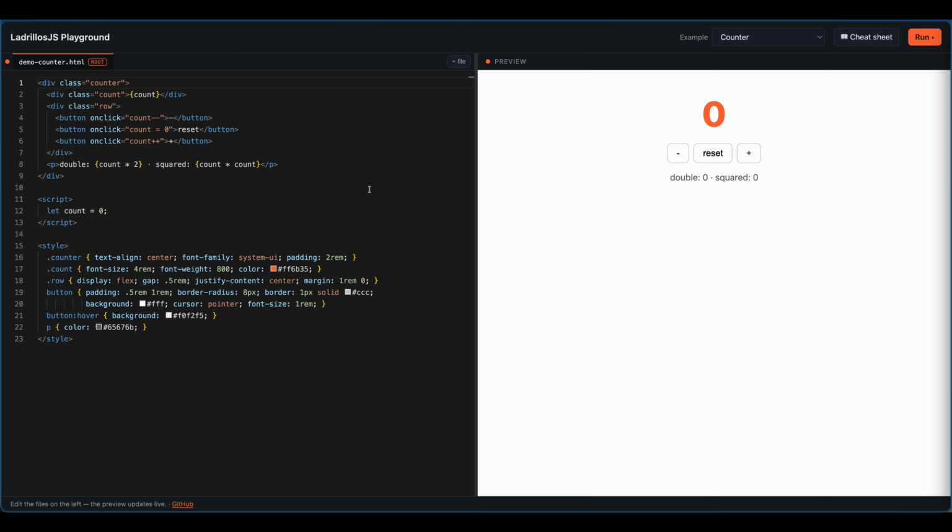At some point, I realized the browser already does most of the hard work. Web components are built in, custom elements, encapsulation, lifecycle, all native. They're just, in my opinion, a little annoying to write, but that's okay. Ladrillos is a thin layer that makes them nice to write. That's the whole idea. At the end of the day, every component you will see today is a real web